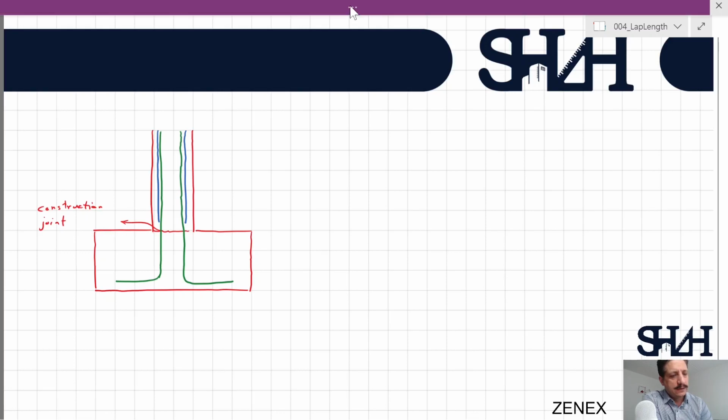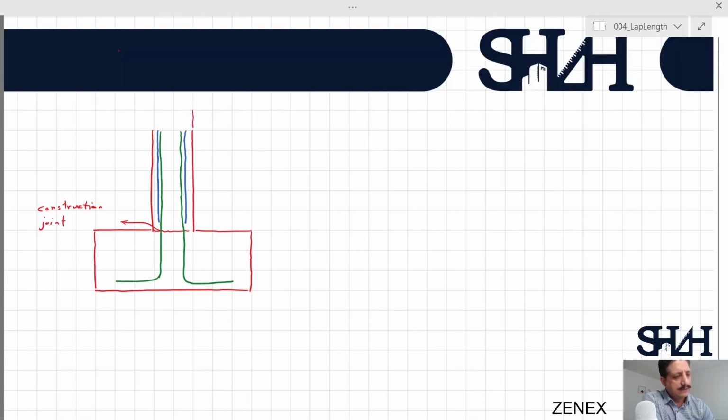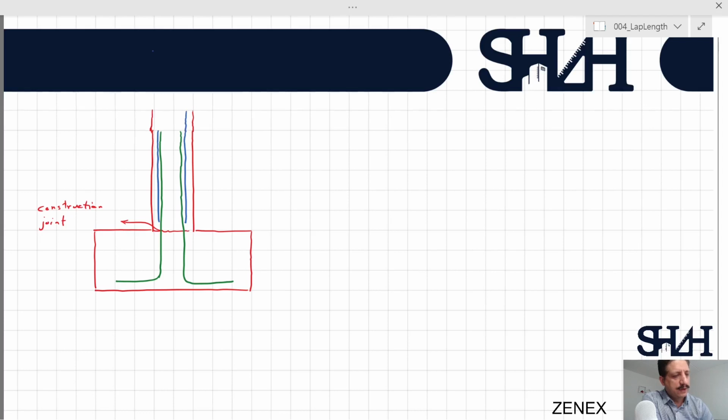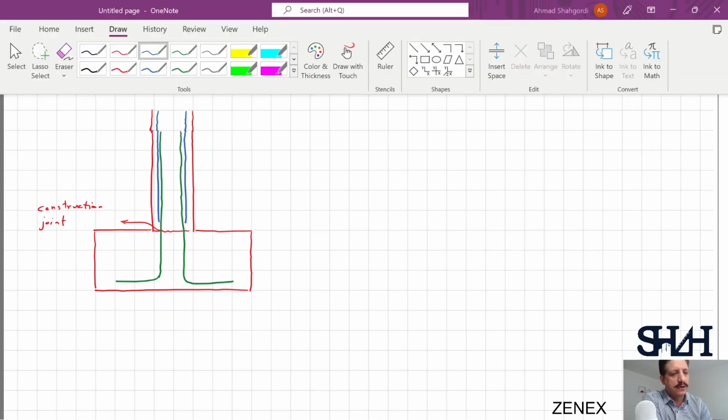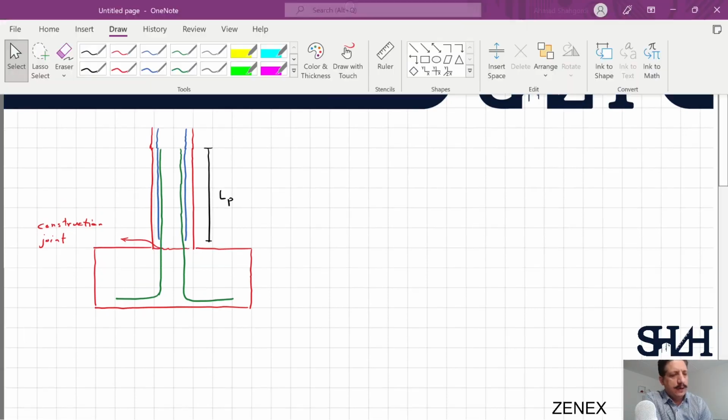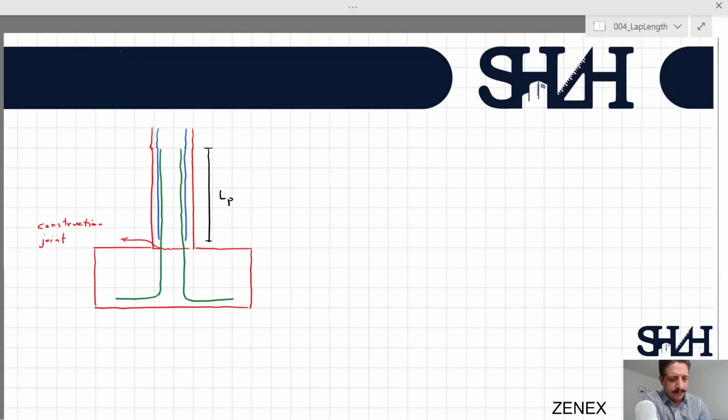For this reason, we need to have a certain length of the extended reinforcement through the foundation to have a sufficient length overlapping the reinforcement inside the column. This length is called lap length. So in Eurocode, the lap length is calculated according to the basic required anchorage length. Also, if you have a long element,